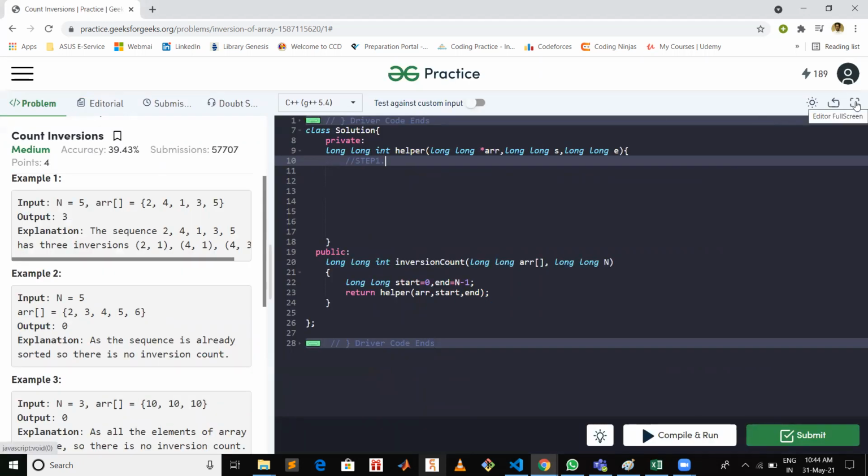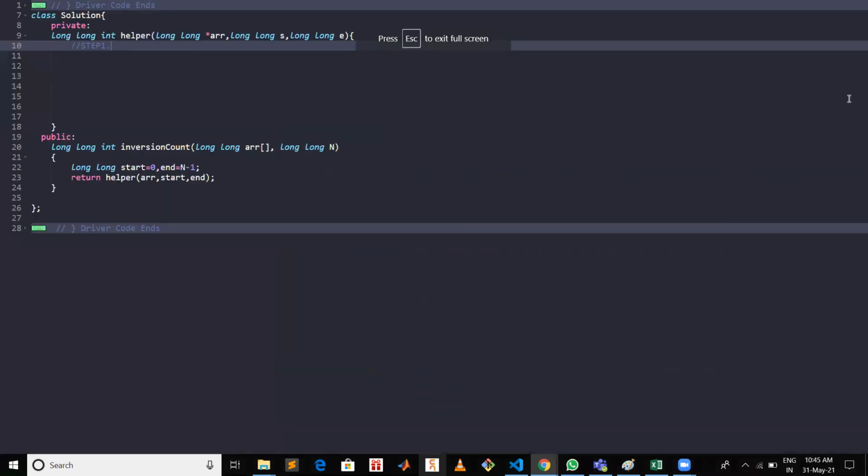All right. Since we will be solving this question with the help of recursion, I'm assuming you have basic knowledge of recursion at least.